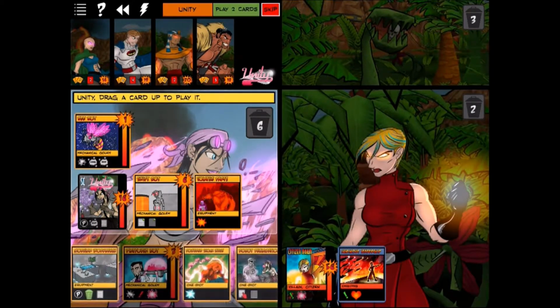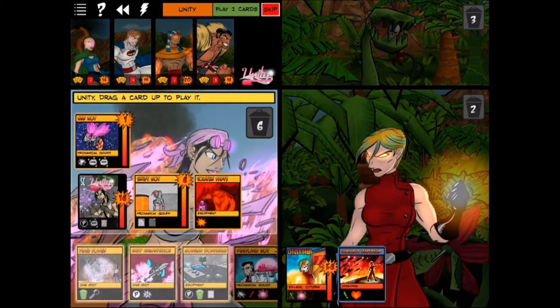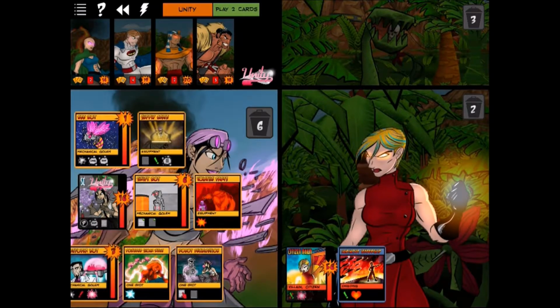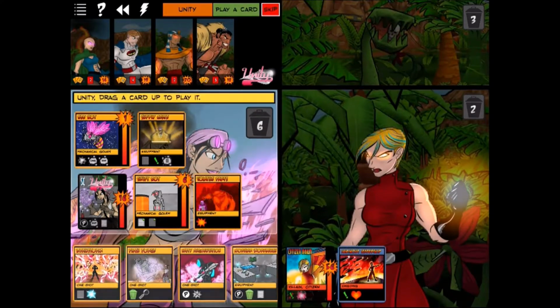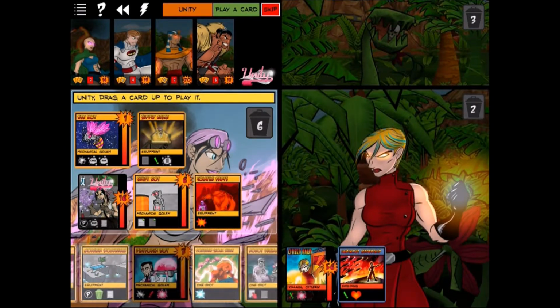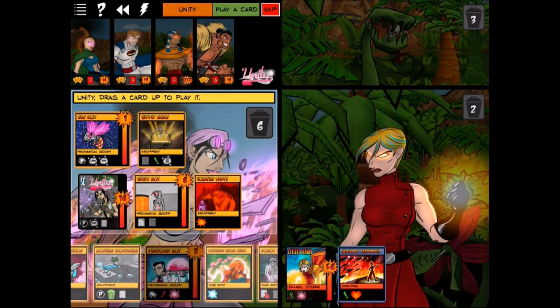Let's see, we can do a Modular Workbench. Oh, we got another Supply Crate. That's useful. We can play 2 cards this turn, so we're going to play the Supply Crate, letting me draw a card, and I got a Brainstorm. That Brainstorm might be fun right now, but we don't need that yet. I think I might do the... How many bots do we have? We only have 1 bot, so...